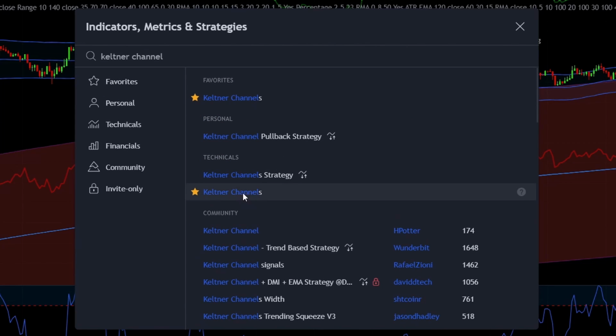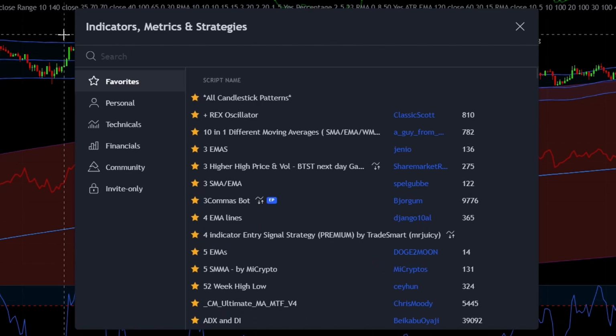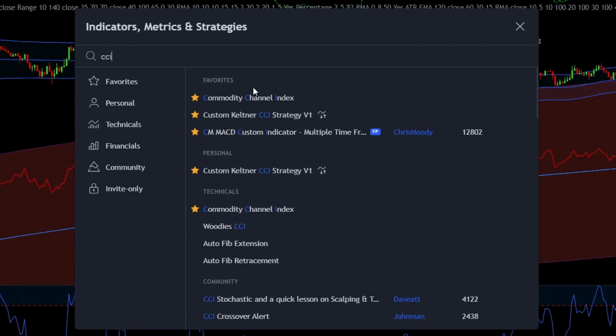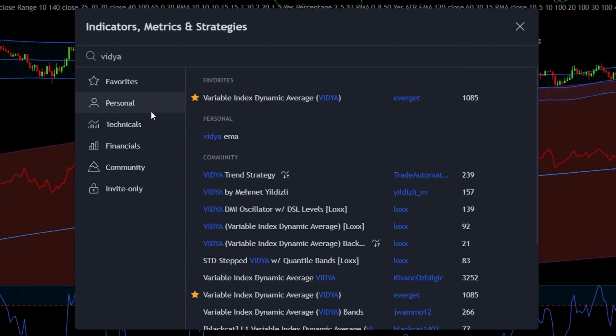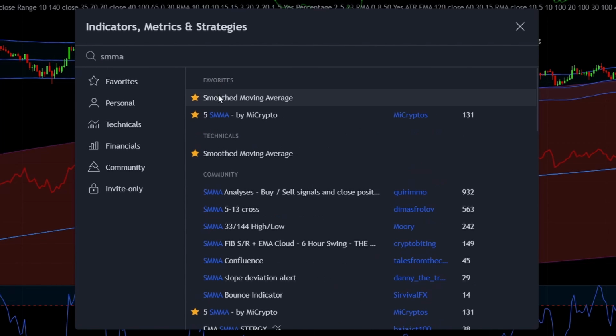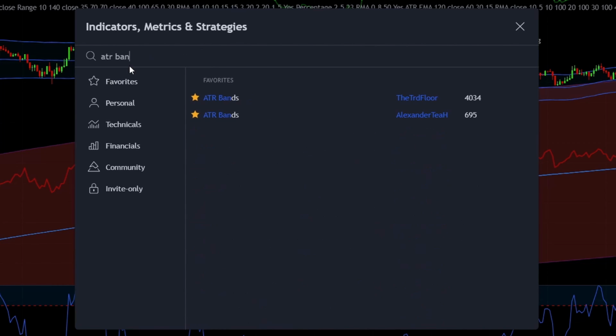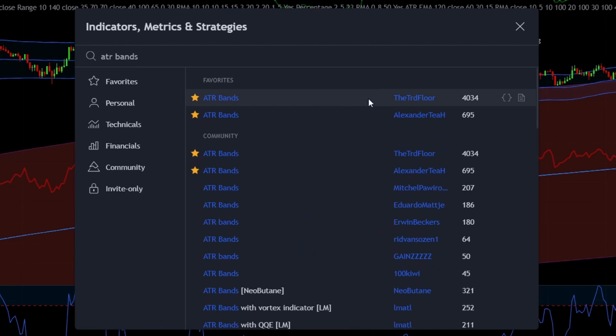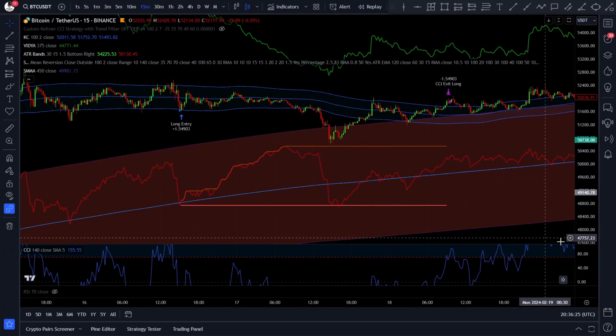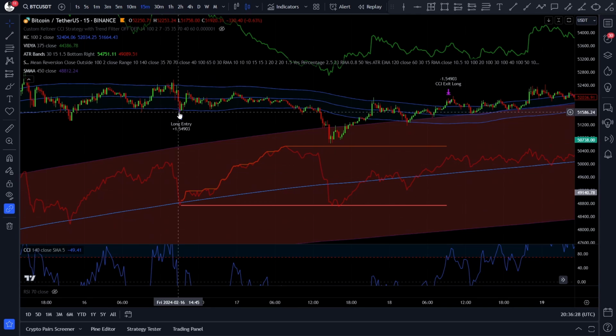Click on this one. Then type in CCI or Commodity Channel Index and add this one. Then the Vidya, which is a trend filter. Add this one. Then the SMMA, this one. And finally the ATR bands. Add this one. Okay, now we have all of our indicators on the chart, but we need to change some